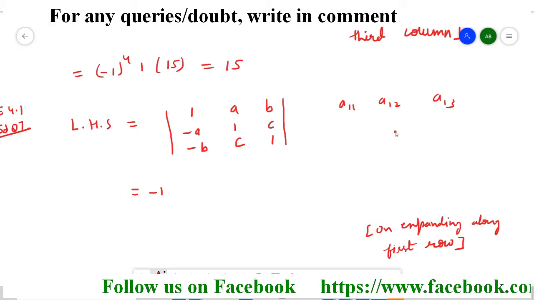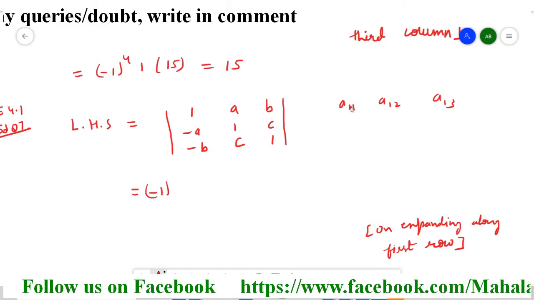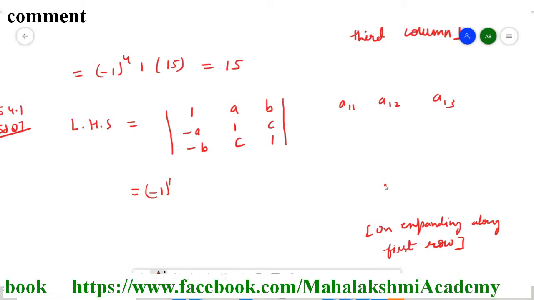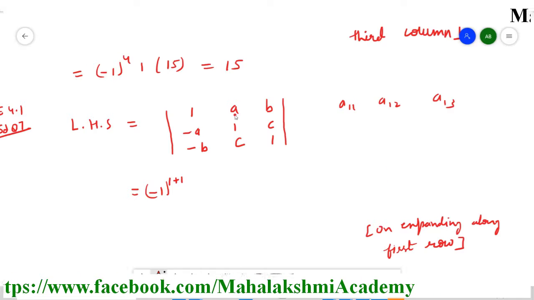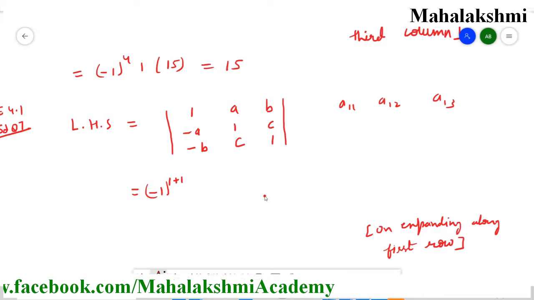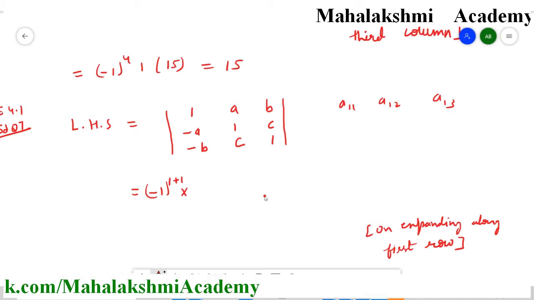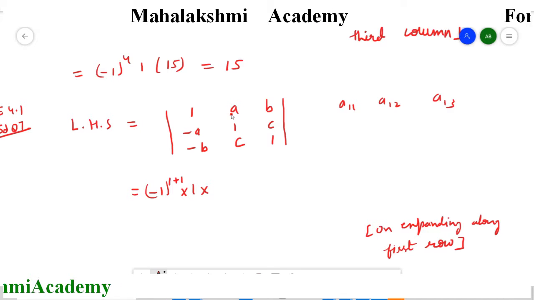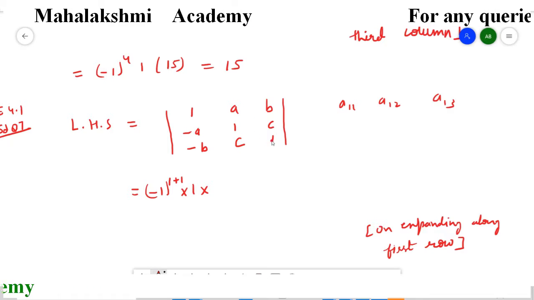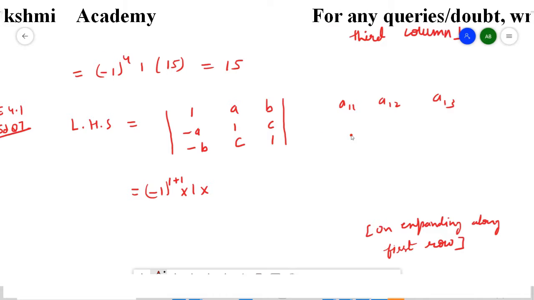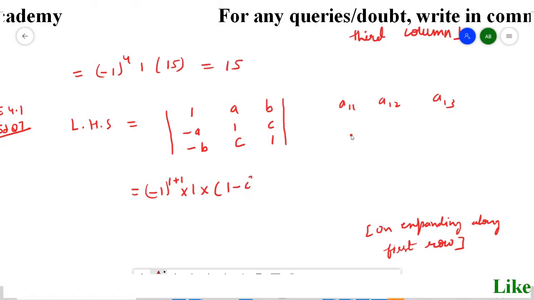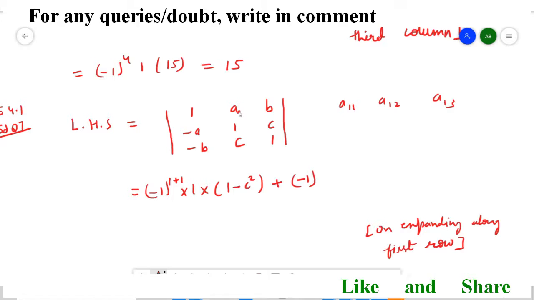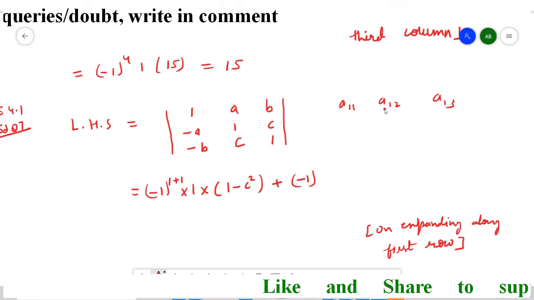So here first minus 1 to the power, because we have here 1 1, so it's going to be minus 1 to the power 1 plus 1. Then the number which is at this place, that is 1, multiplied by its minor. So for that we'll cross it and we'll get only this determinant. So it's going to be 1 1 ja 1 and c into c, c square. So here we'll get 1 minus c square, then plus, now we are writing for the second term of the first row, that is a12.